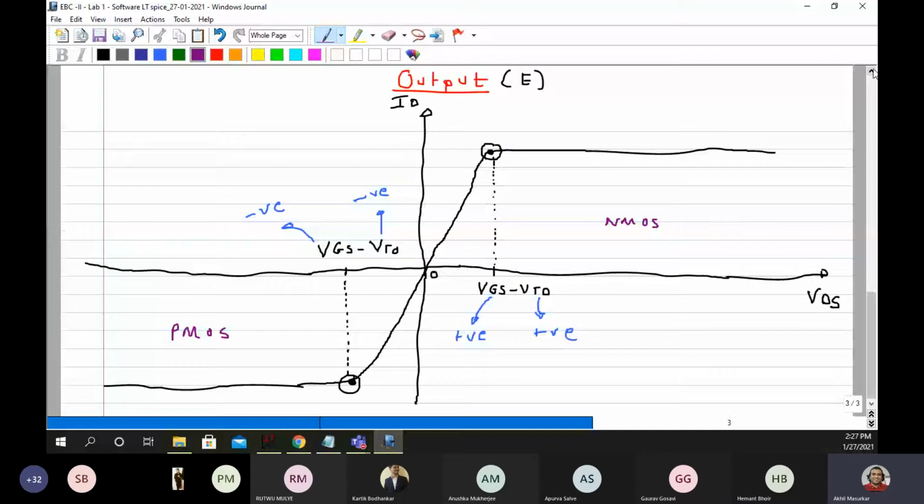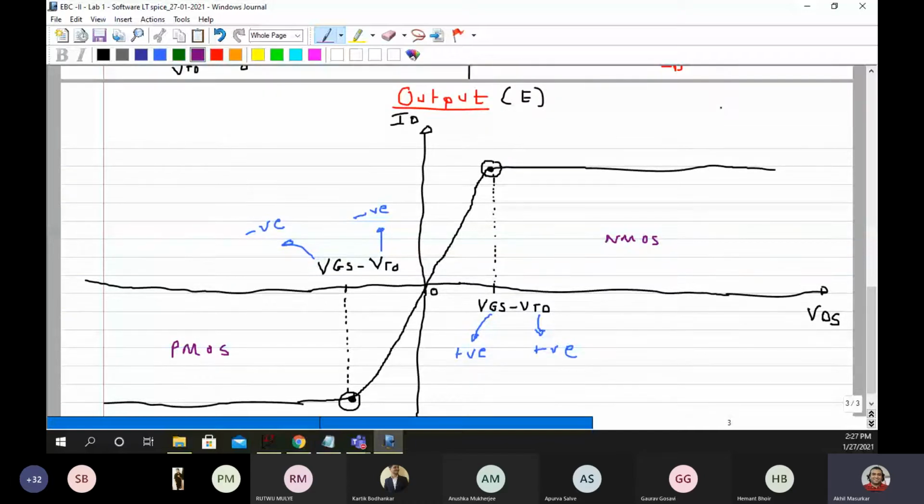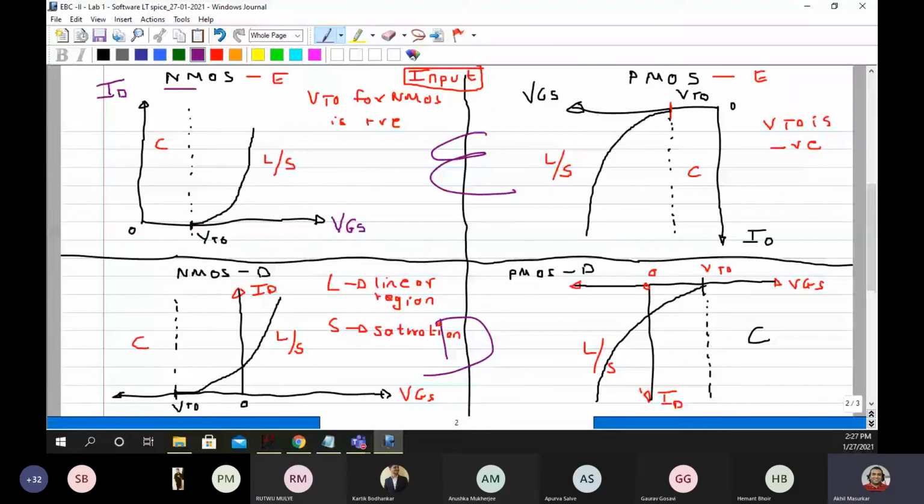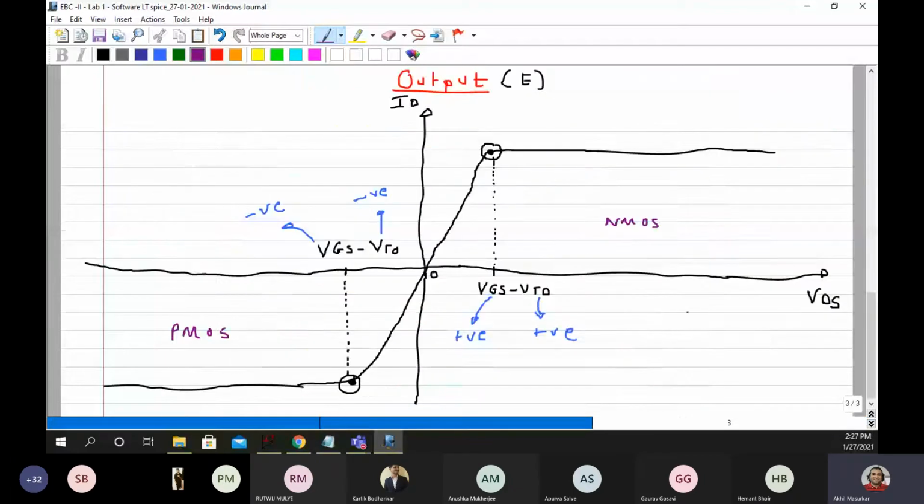Now I told you that if I look at enhancement type NMOS and depletion type NMOS, the only difference is that here VTO is positive and here VTO is negative. That's the only difference. So what happens here is, characteristics wise,